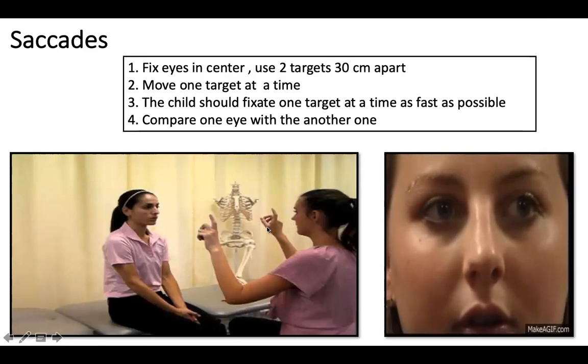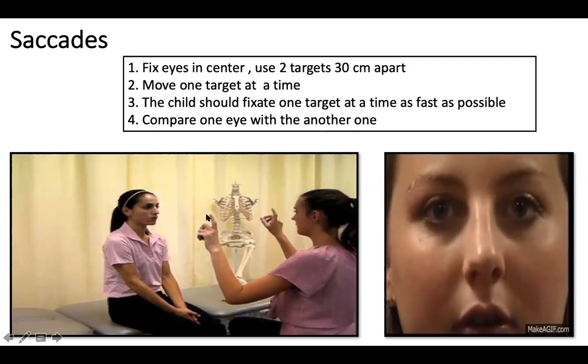And what you're supposed to do for saccades, as I told you, saccades are those small, fast jerks which initiate your eye towards a movement. So once you keep your hands together, you need to move one hand and then the other hand alternatingly very fast. Like the examiner would wiggle the right finger fast, and then wiggle the left finger fast. So as you can see in this cartoon, the patient should see the examiner first and then quickly see the right target and then quickly see the left target. So there are rapid jerks towards the right side, the middle and the left side. These rapid jerks are called saccades.